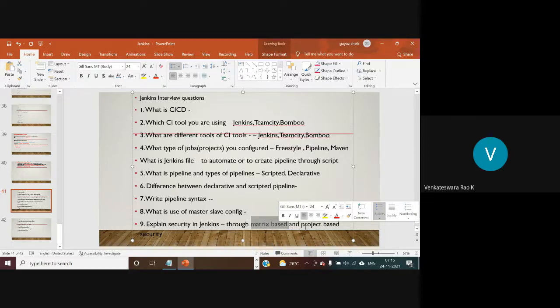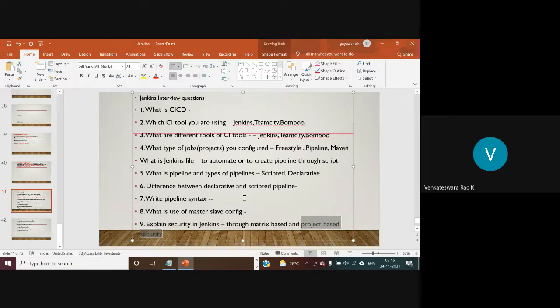In the project based security, we are going to restrict the access depending on the project. Project to project, these developers or testing team or operations team are going to have different types of access. The type of access changes depending on the project.